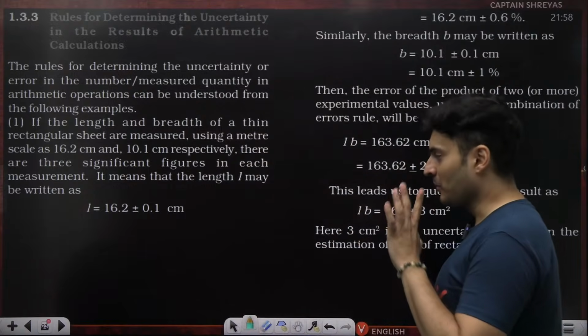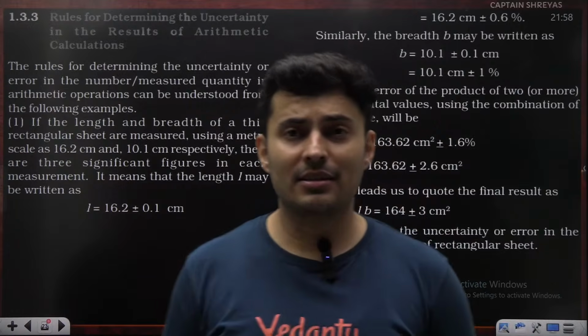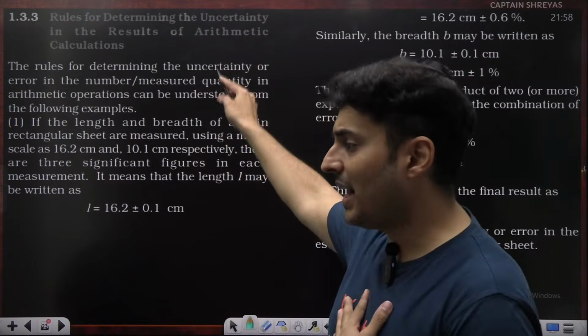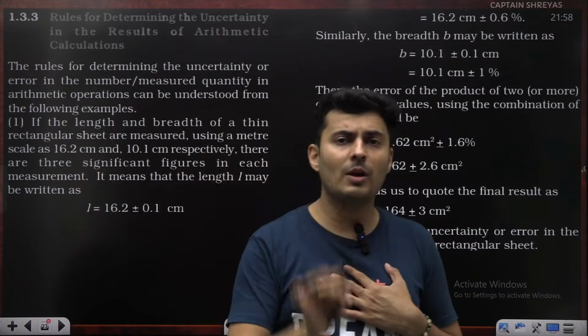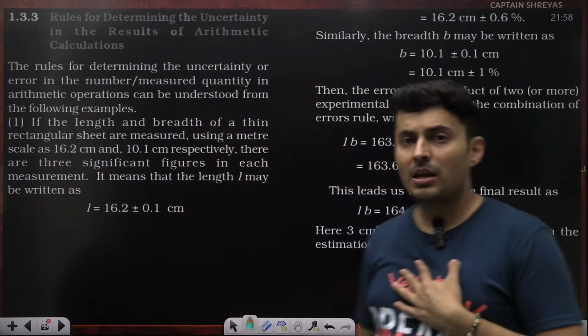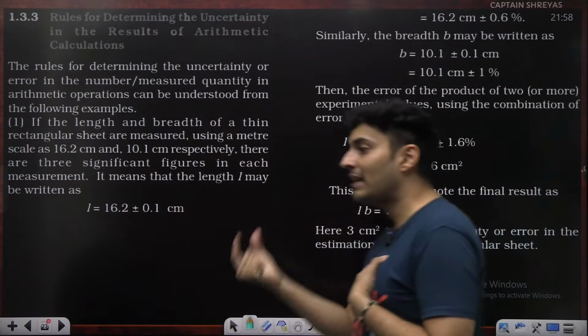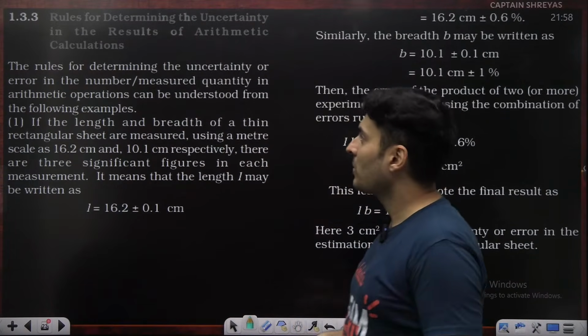Shall we continue? Awesome. Now, the next is errors. Like I mentioned some time back, whatever you do in life, there will always be some error. There will always be some uncertainty in the measurement. How much uncertainty there is in that measurement is basically the error in that measurement, right?